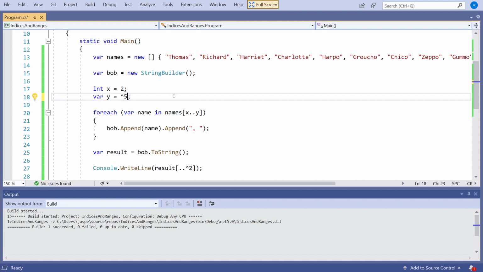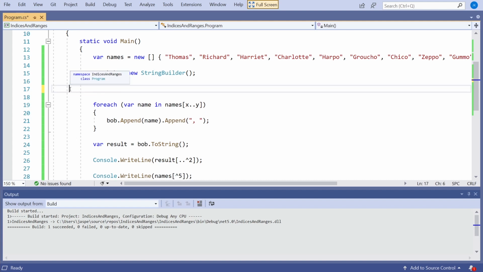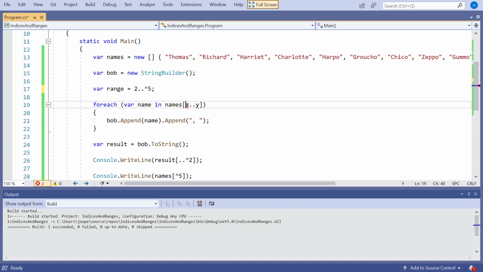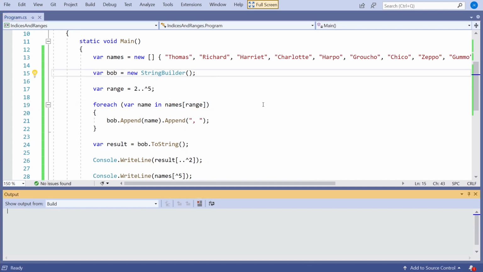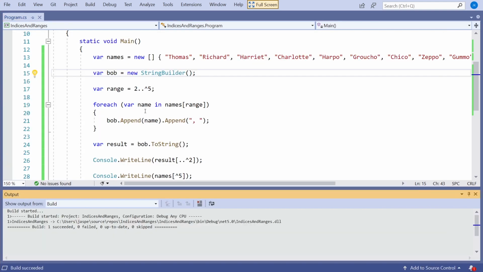We could also have the entire range as a variable. So I could just say var range equals 2..^5. And then I could put that range in there, and that will still do exactly the same sort of thing. And if we look at the type of that, we can see that it is of this other new type called, obviously enough, Range.